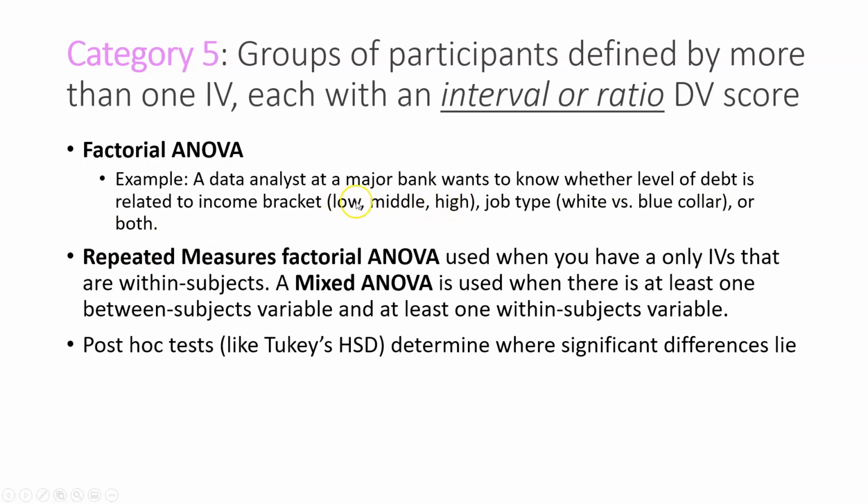And so here this would be a 3 by 2 factorial ANOVA, and our dependent variable is level of debt, probably measured in dollars. We could also do a repeated measures factorial ANOVA if all of our independent variables are within subjects, if all of our independent variables are repeated. Or if you have some that are repeated and some that are between, then you use what's called a mixed ANOVA. And that would be where at least one of the variables is between subjects and at least one of the variables is within subjects,